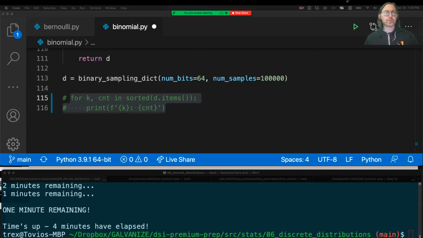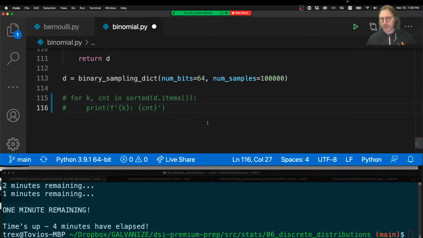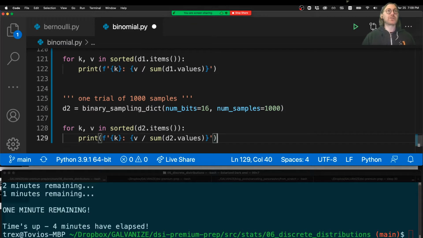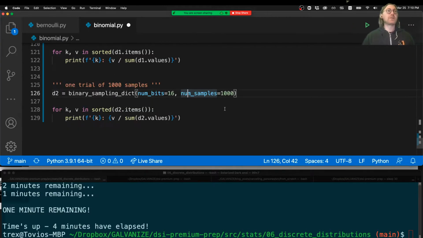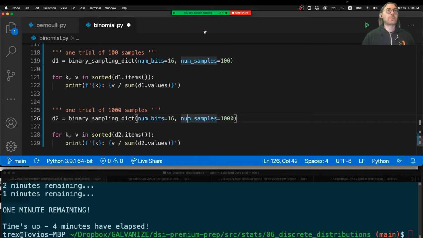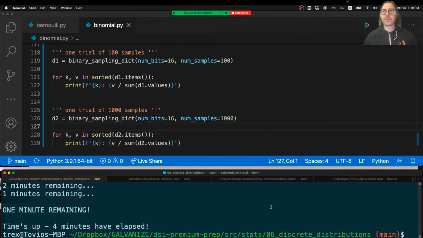So let me grab that code snippet. And we're looking at two things here. We're looking at two sets of trials, and we have one trial of 100 samples, and then we have another trial of 1,000 samples. And if I run this,